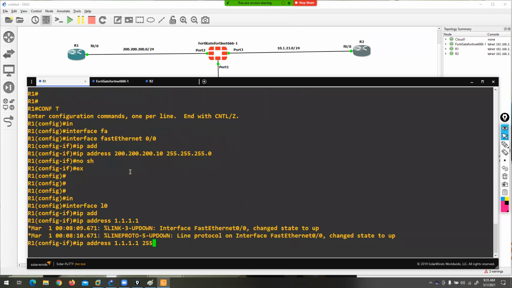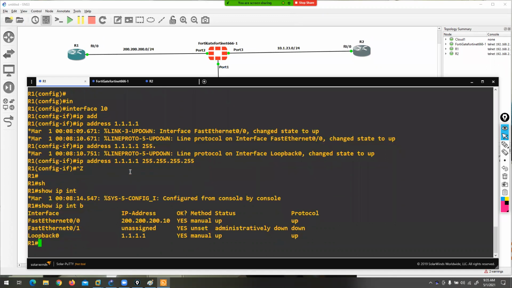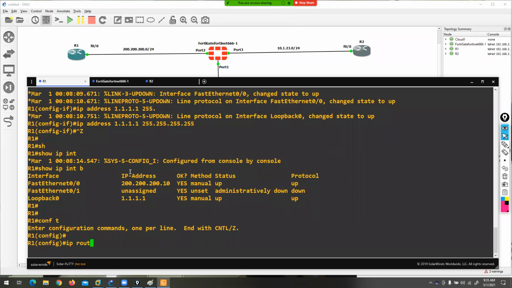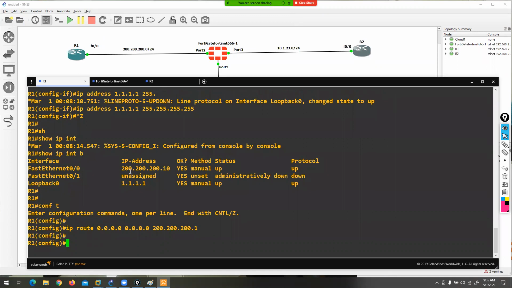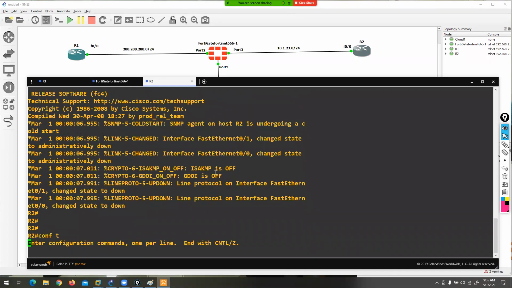I'm creating loopback on both routers, 1.1.1.1. You can see. Let's do default routing towards the firewall. So any network, any mask, 200.200.200.1. Now you can go on the second router.